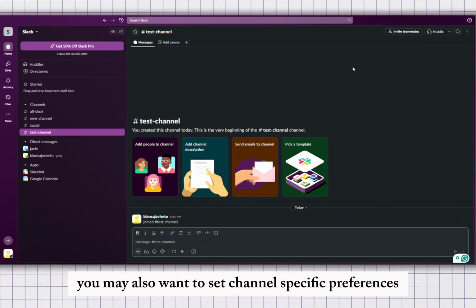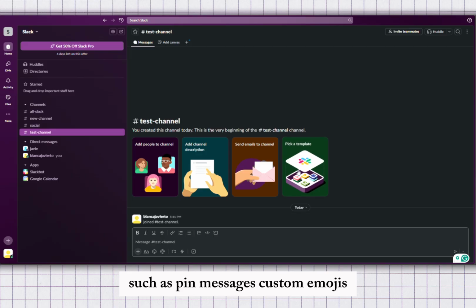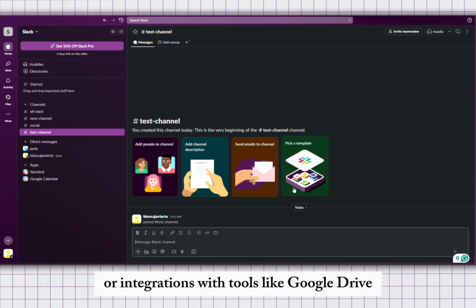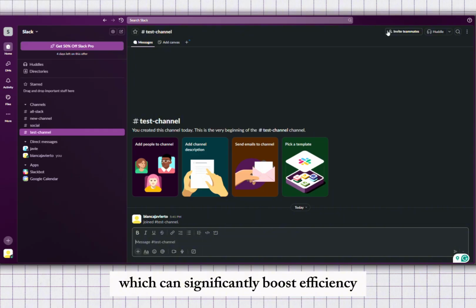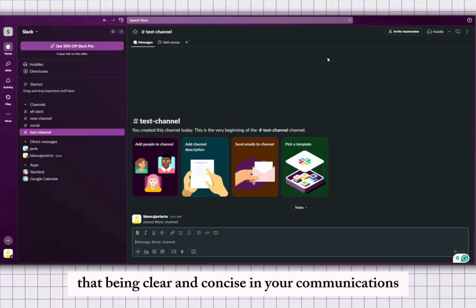At this stage, you may also want to set channel-specific preferences, such as pinned messages, custom emojis, or integrations with tools like Google Drive, Asana, or GitHub, which can significantly boost efficiency. As you begin using your new channel, remember that being clear and concise in your communications will help maintain efficiency